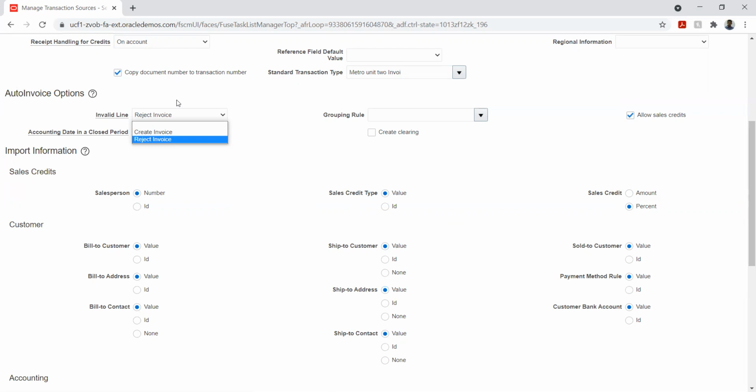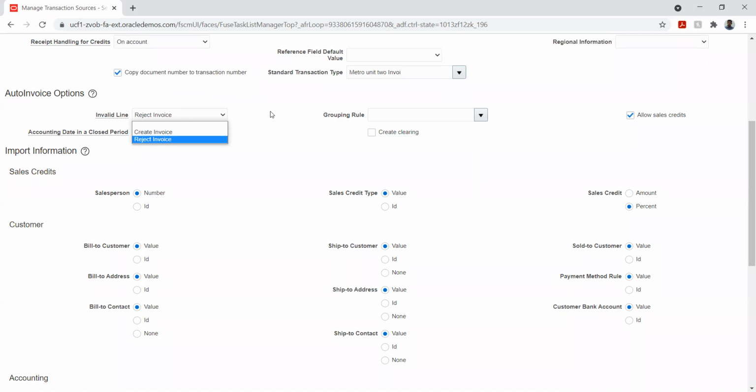I will have to reprocess it and then import it as a single invoice. Whereas if I say create invoice, it will leave these two lines and create the invoice for the 98 lines. Oh, okay.